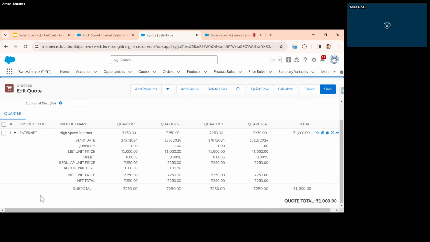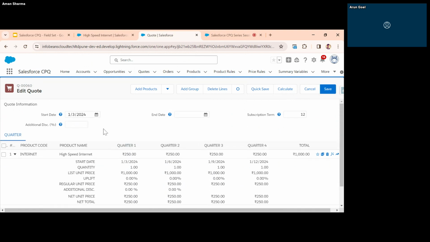Okay, start date, as you can see, it is different. So my quote start date is 1/3. So the start date for this quote line would be 1/3. So for each quarter, there would be a separate quote line. So there you can see as there are four segments. Let's call these segments. So these four segments would have their own quote lines, and each quote line would have